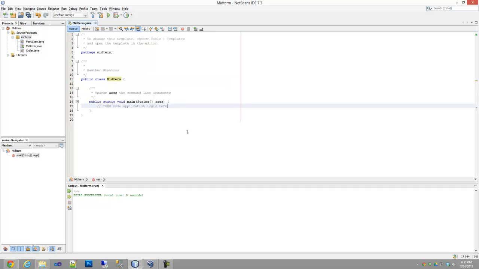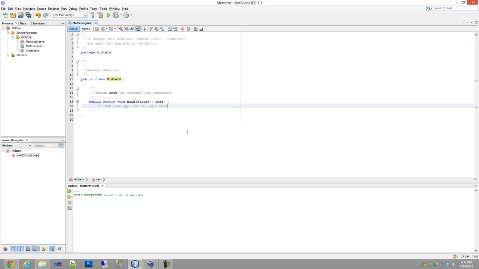So the static void main, as we've talked about before, is the entry point into the application. This is where your root or primary program logic lives. From here you'll do a lot of base initialization of variables and calling supplemental routines and basically providing all the